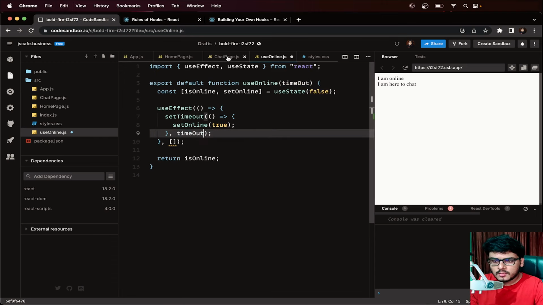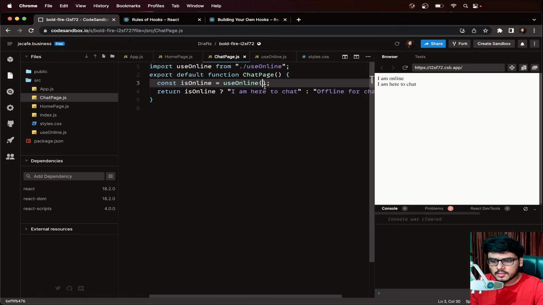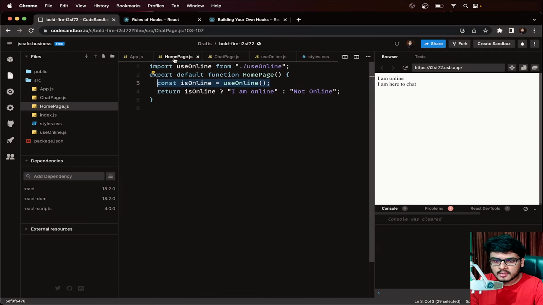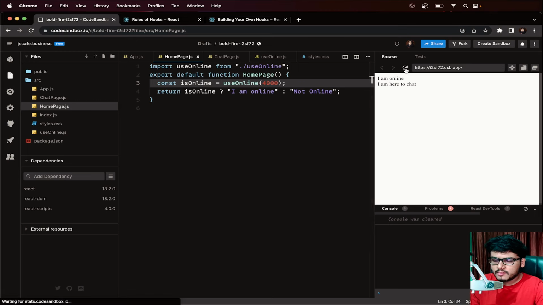If we give 1 second in the chat page, and in the home page we give 4 seconds, and if we save the page and reload, we see that it is loaded in 1 second,